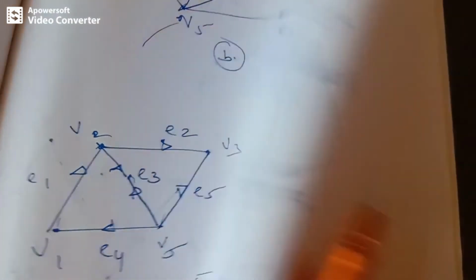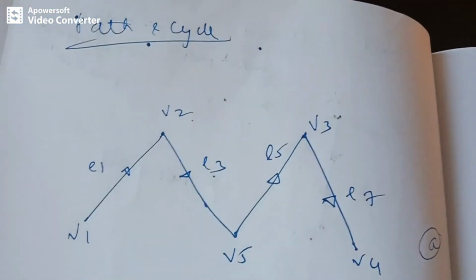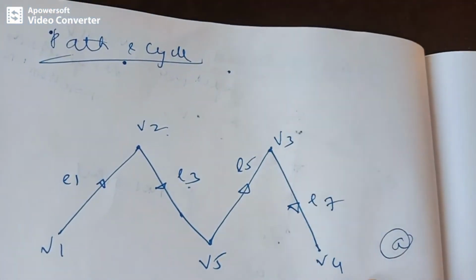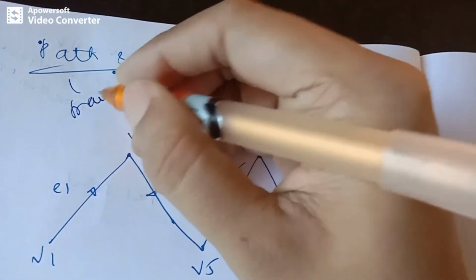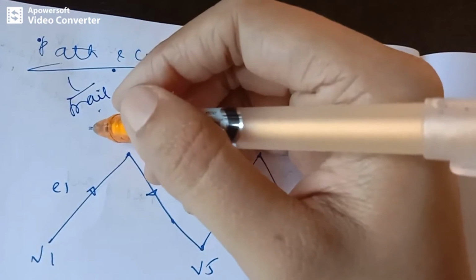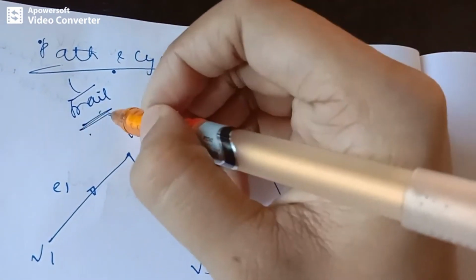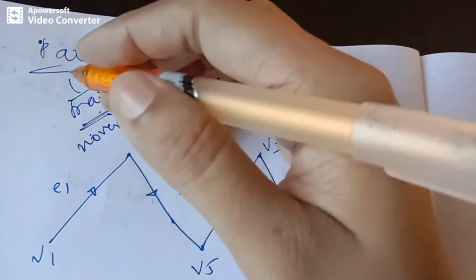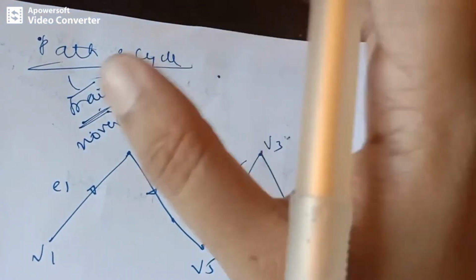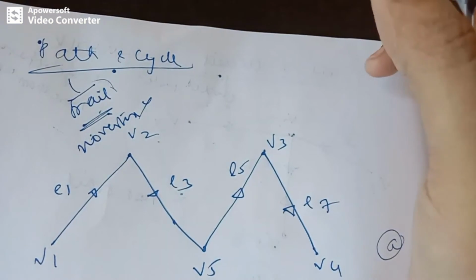Okay. So next, let's see the concept of path and cycle. What is a path and what is a cycle? I have taken certain examples. A path is a trail. Basically it should be an open walk in which no edge appears more than once. It is a trail in which no vertex appears more than once. So overall in a path no vertex or edge appears more than once, and it should be an open walk.